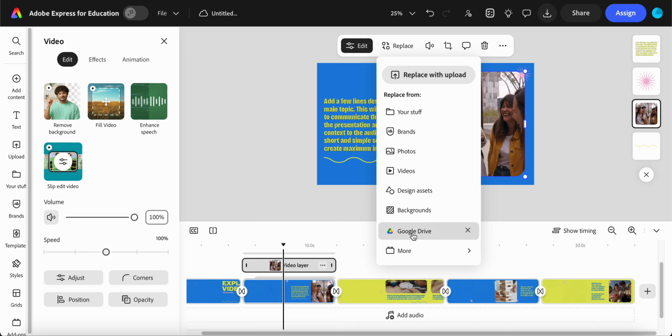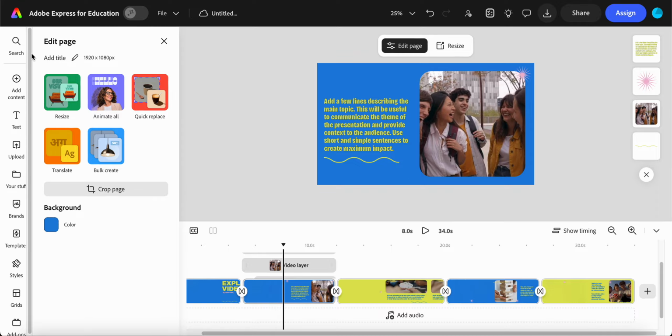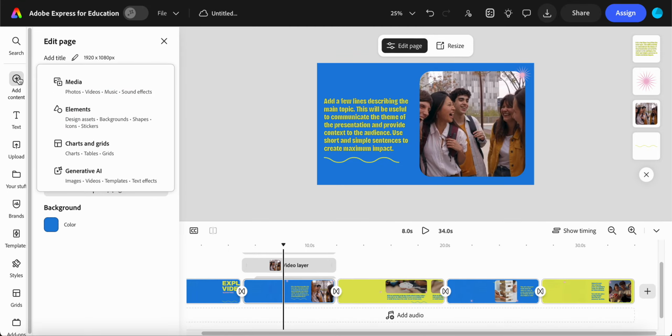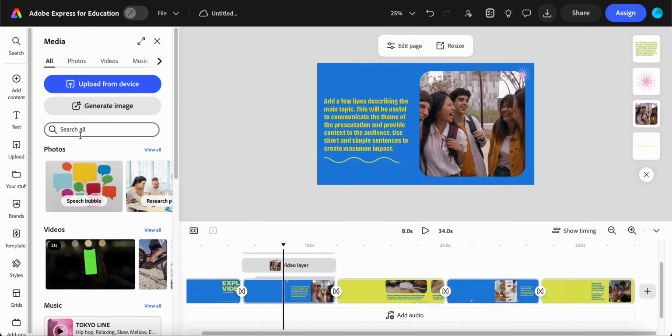So when we're over here, we'll click add content and then media, and this is where we get pretty much everything. Adobe has a lot of good stock images and videos that make the videos look really fancy and professional. So you'll just type in whatever you're looking for. So if you want, people talking,